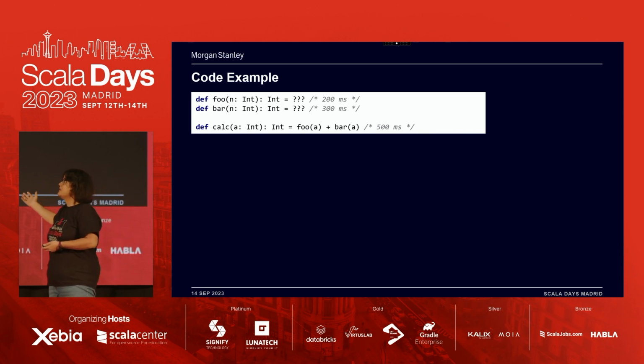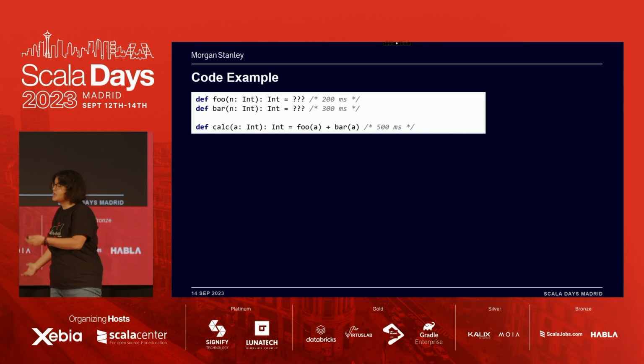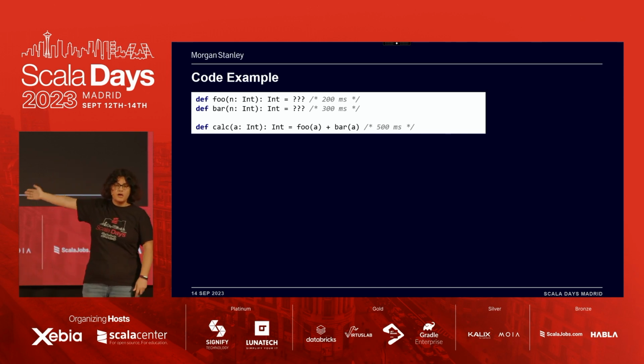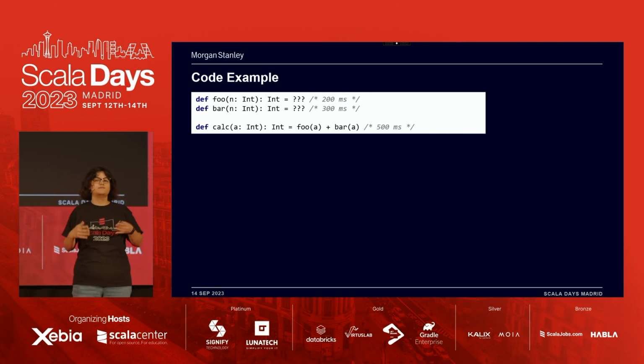And let's imagine that foo is doing some crazy calculation. It takes 200 milliseconds, and bar takes 300 milliseconds. This is what I want to do, right? I just want to get the numbers and sum them together. This is not really great. I mean, yes, sure, it works. It solves my business problem. But I'm pretty sure we can do better than 600 milliseconds if we try to apply the theory to the practice. So let's try to do that in vanilla Scala.